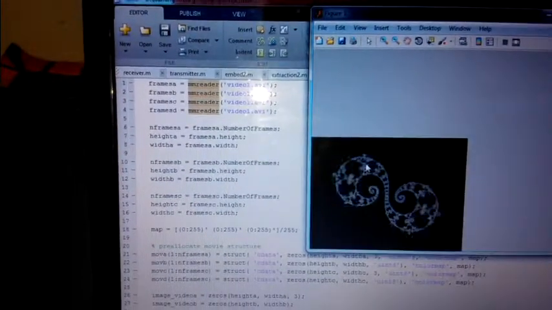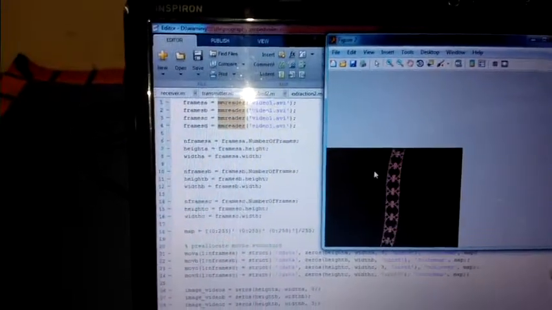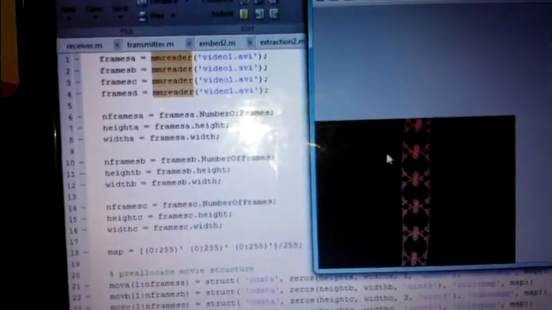Since it now uses multiple images, it is also taking much more time. Ours is 102 frames. So this is the data video which we want to hide. The rotation is anti-clockwise, so you need to keep that in mind. This is the data. Now the video in which we want to hide, let us see that. This is rotating clockwise. Now this is before hiding. Now after we embed the data, the video will be this.